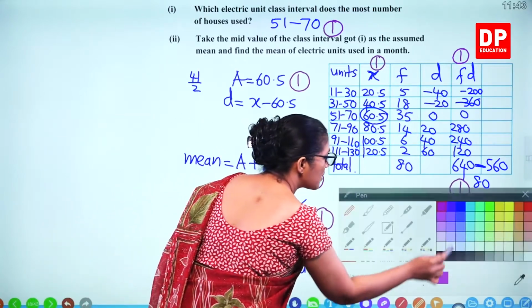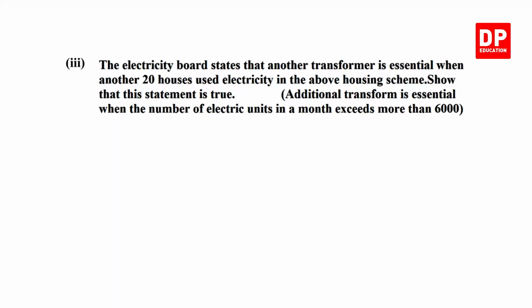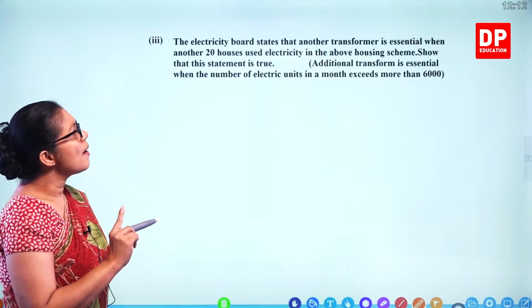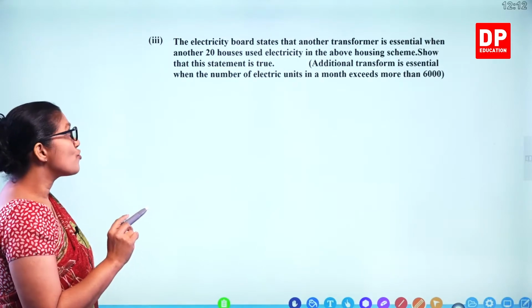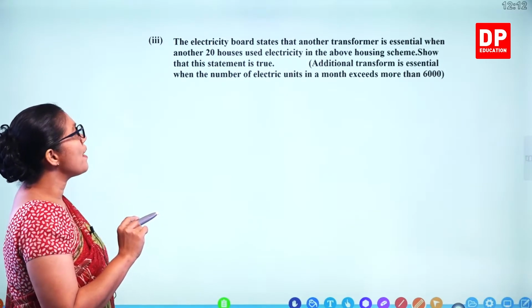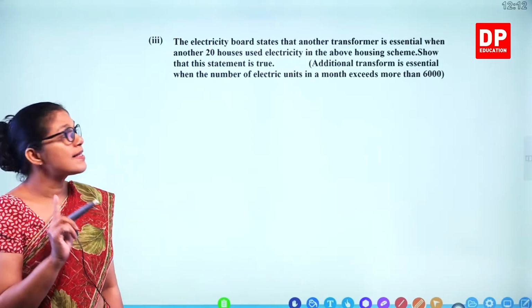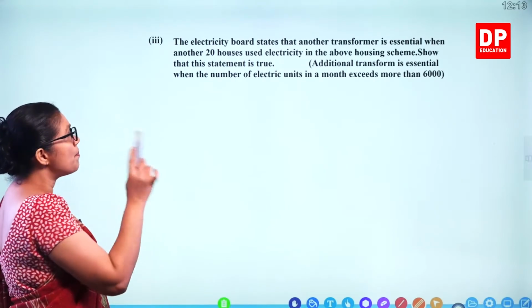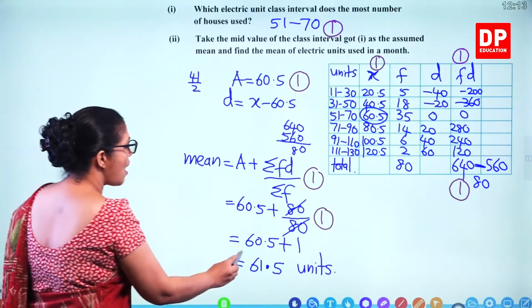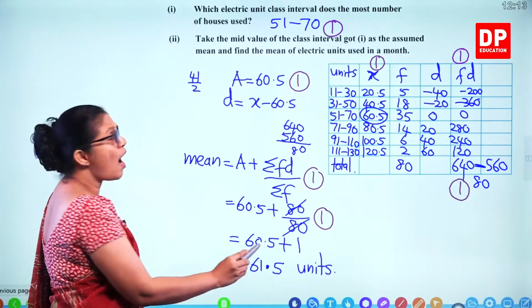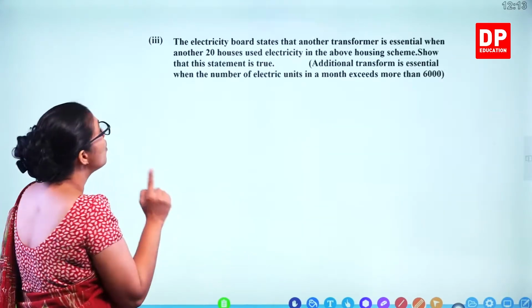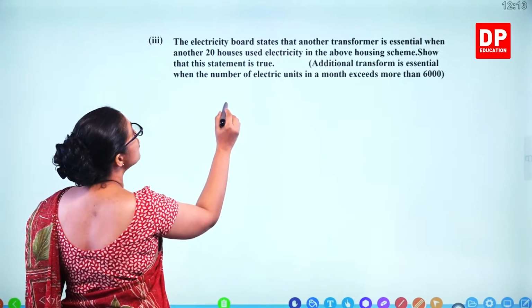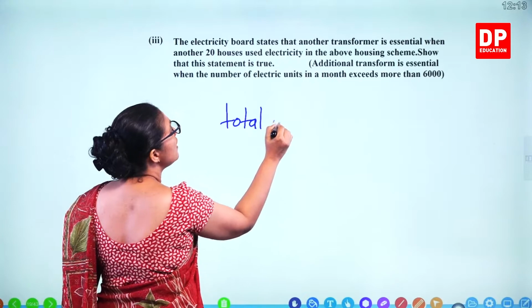And the last part, the third part: the electricity board states that another transformer is essential when another 20 houses use electricity in the above housing scheme. Show that this statement is true. An additional transformer is essential when the number of electric units in a month exceeds 6,000. So we have to find out for all 100 houses, because previously we found monthly units for 80 houses. Now we have to find out the total units. So total units is equal to